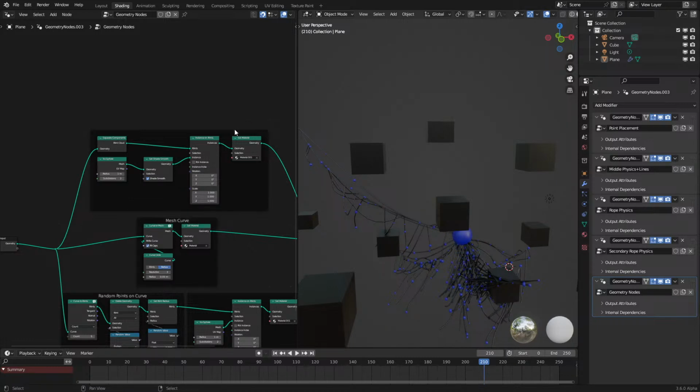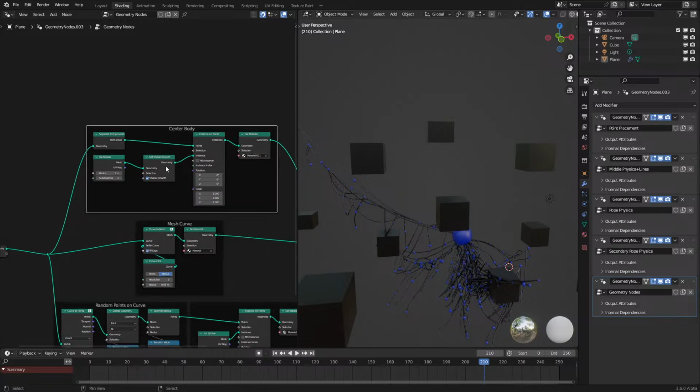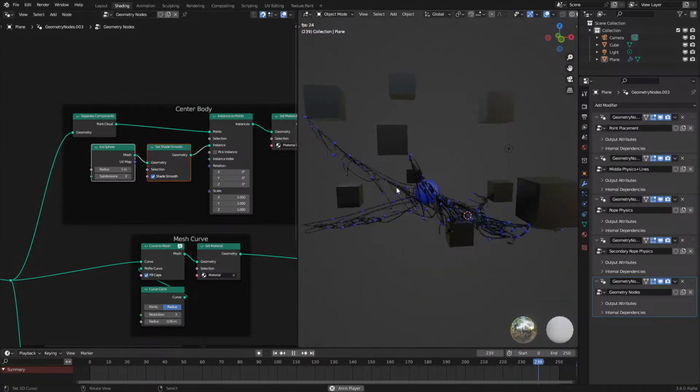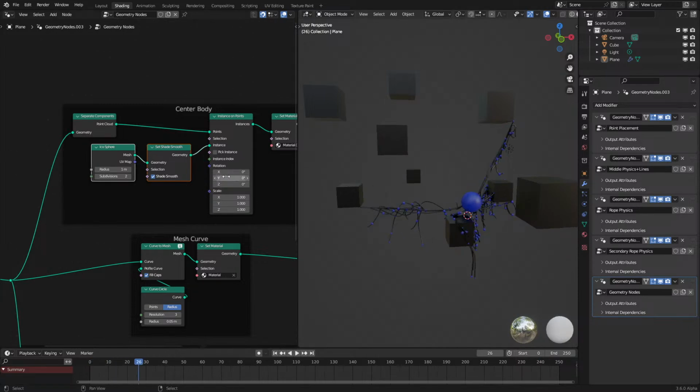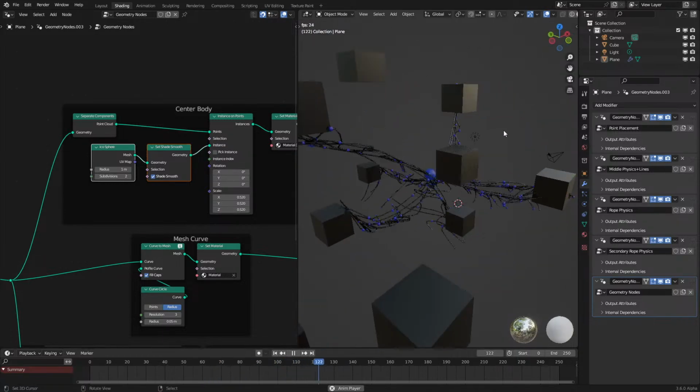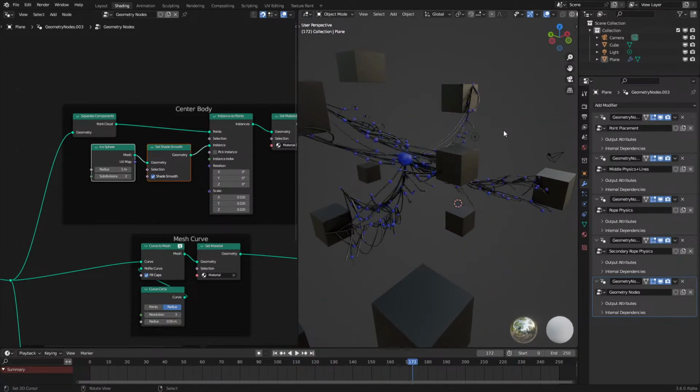So now it's time to just have fun with it. So this will be to center body. So it takes the point and then it instances whatever I want on there, which is fine. So if I do want to keep something there, I'm not sure if I do, but it'll work. Whew. Yeah, that